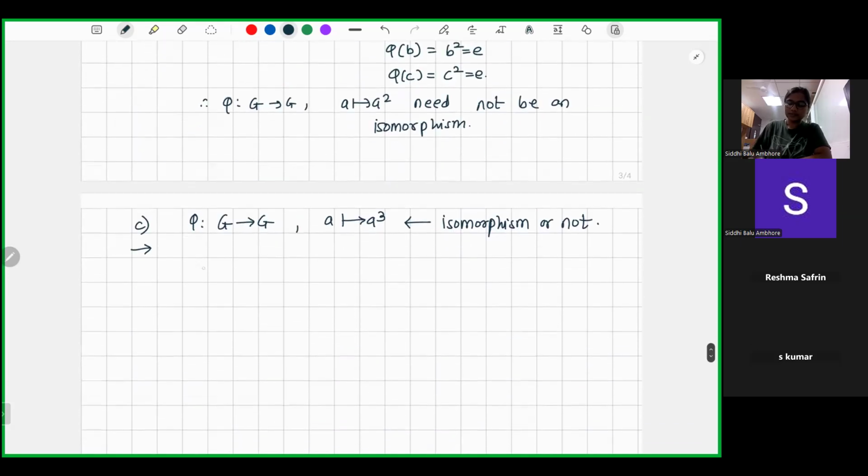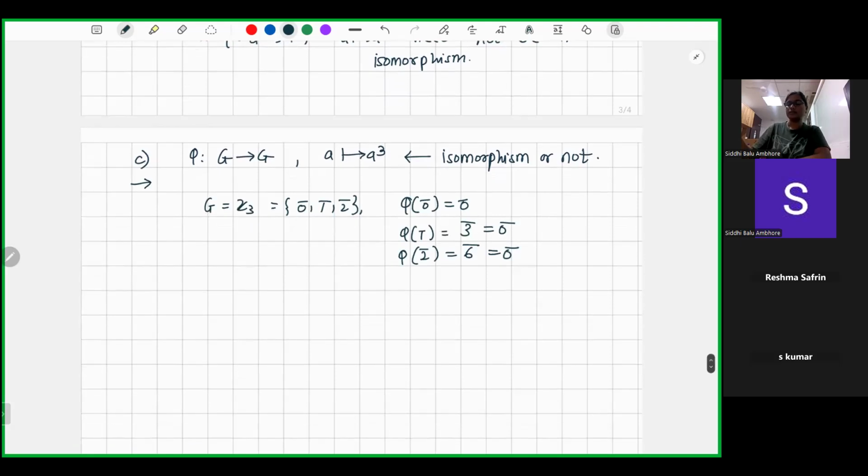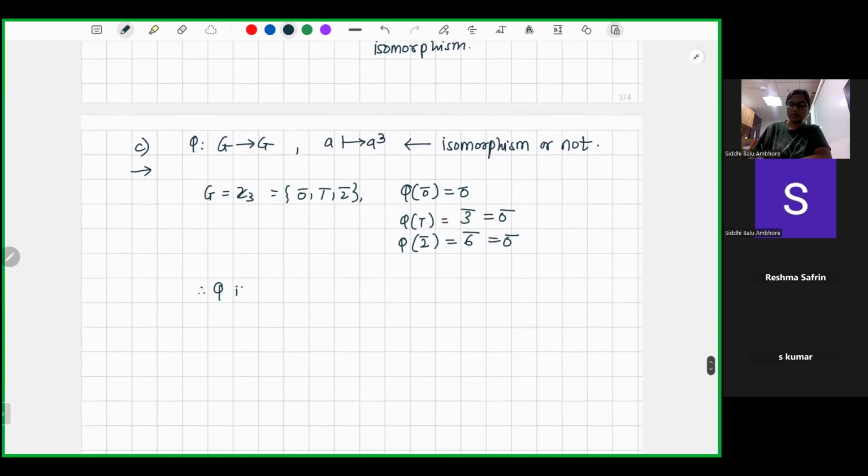For now, let us take G equal to Z3, and then phi of 0 bar is 0 bar, phi of 1 bar is 3 bar, which is 0 bar, and phi of 2 bar is 6 bar, which is 0 bar in Z3. Okay, so therefore phi is not an isomorphism